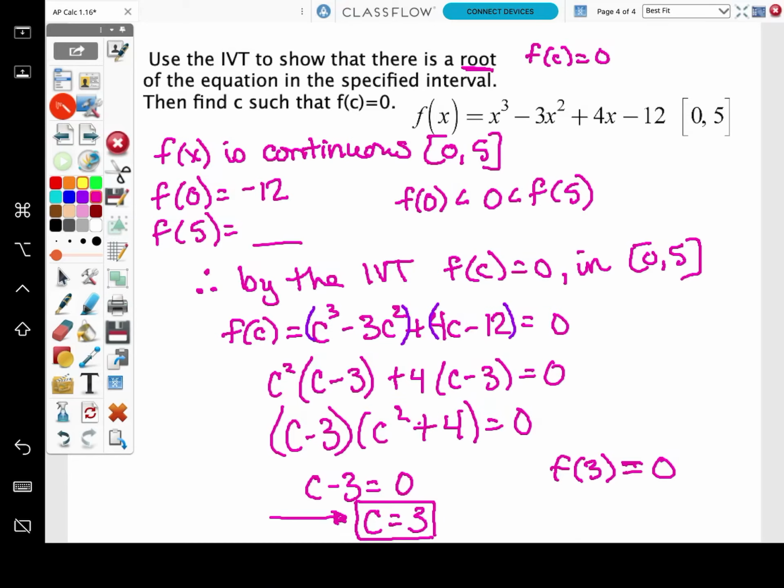Okay, super cool, right? Mostly just algebra. That's pretty much everything 1.16 is about. Using that new theorem to conclude that we can find a root, and then sometimes finding the root or whatever value they're asking about. So let me know